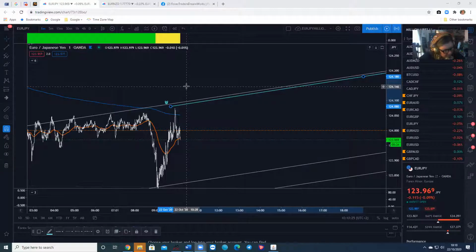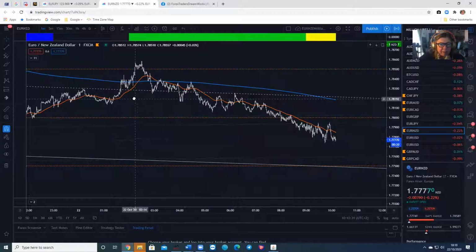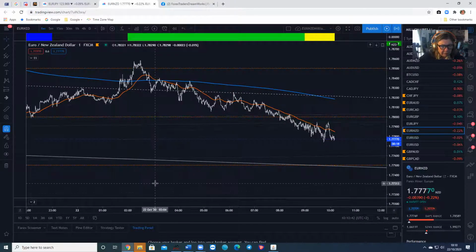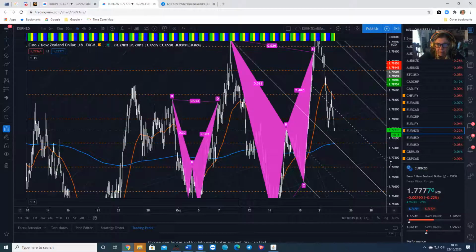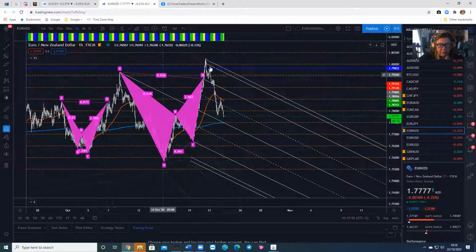And then you're ticking off, oh yeah, the 62 EMA, there it is. So that's how to do it. So that's Euro JPY, Euro NZD. Again, I was up and watching this. I didn't get into it. This was the scan. It was off, and you'll see it went right up to the outer extension, but it is now making its move down very nicely.